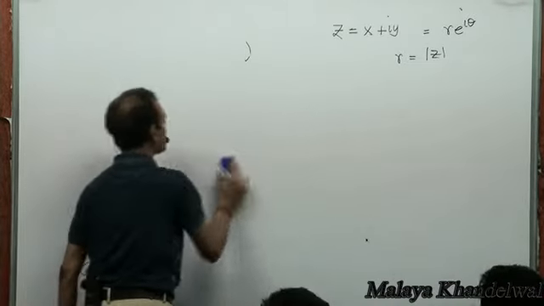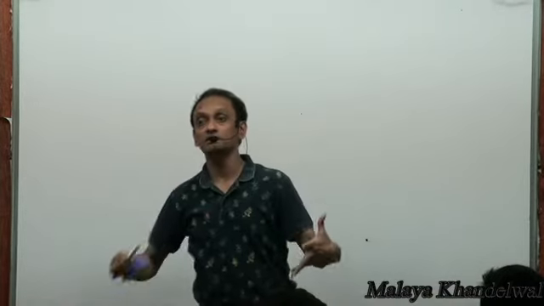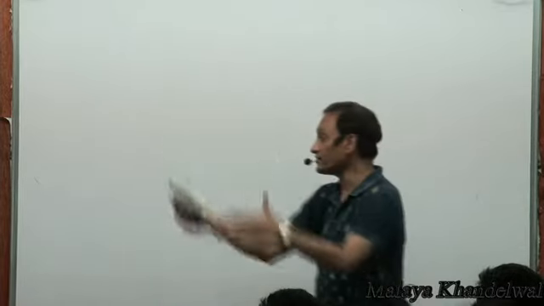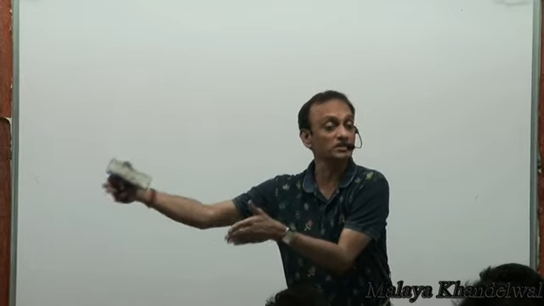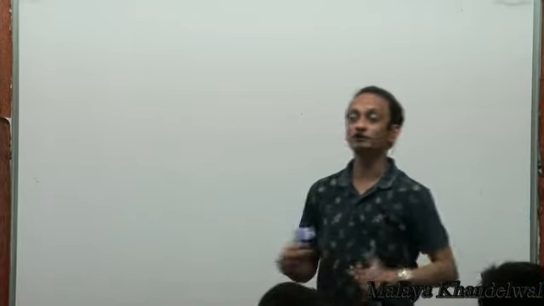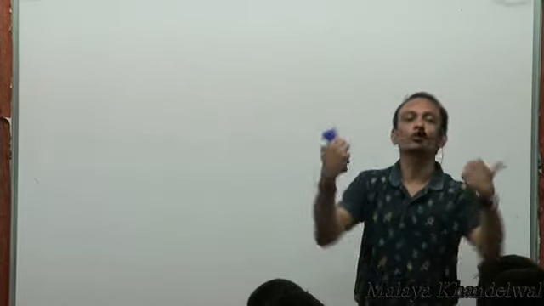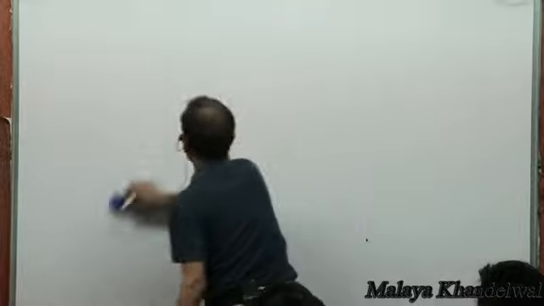I also mentioned to you, if z1 and z2 are two complex numbers, z1 is x1 plus iy1 and z2 is x2 plus iy2, and if z1 equal to z2, then you equate the real parts of both complex numbers, x1 equal to x2, equate their imaginary parts, y1 equal to y2. And I offered to you an algebraic way of looking at it and also a geometric way of looking at it, right?